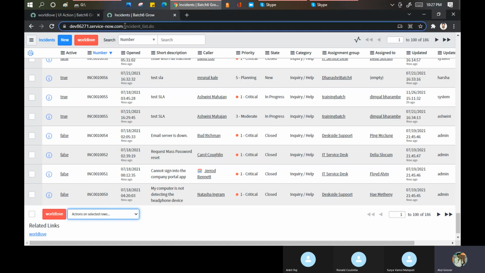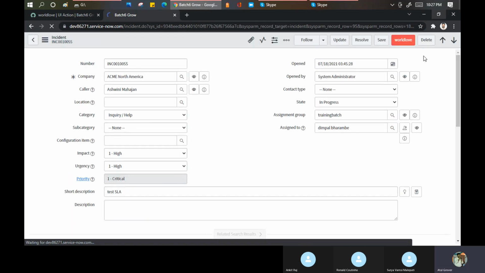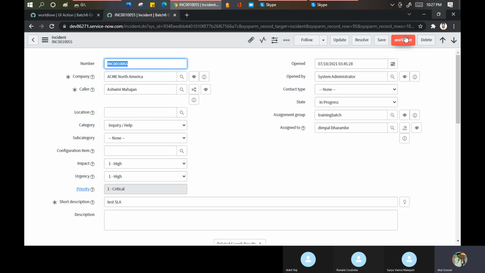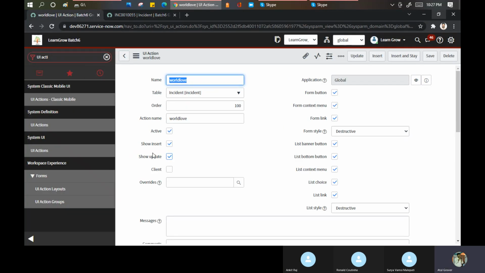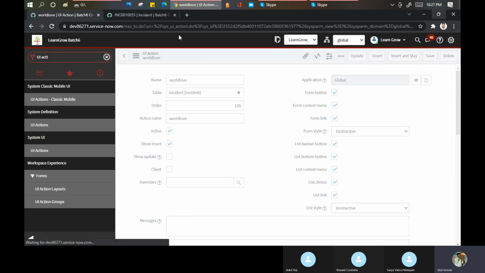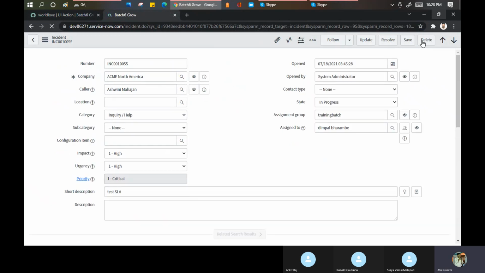If you go here and open any incident, let me open an incident. This button should be visible when the incident is in insert mode only. I'll show you one thing here. This button is not visible.